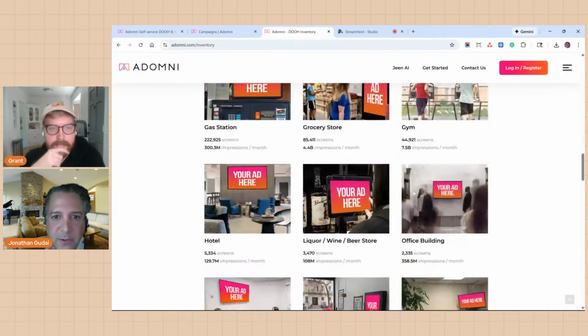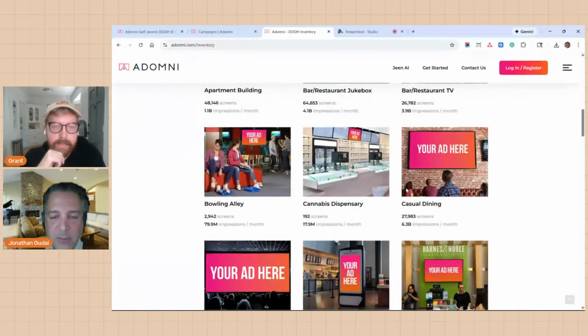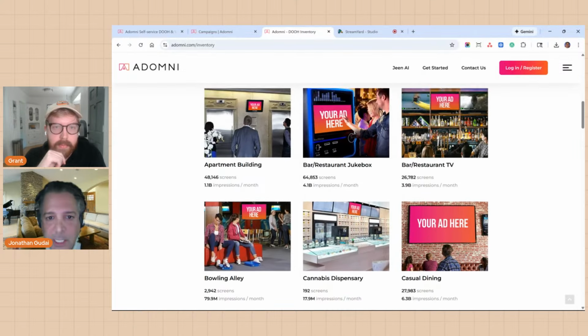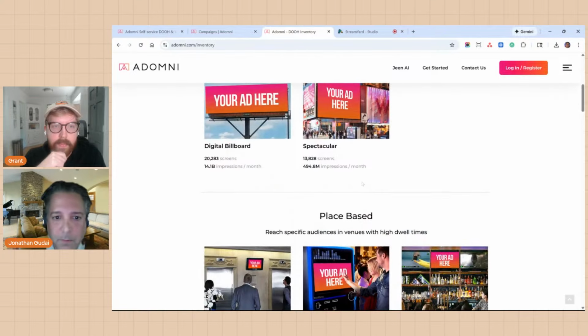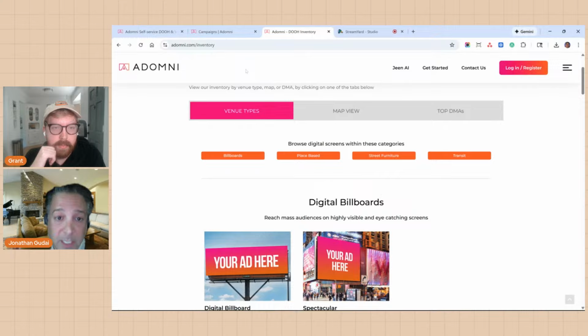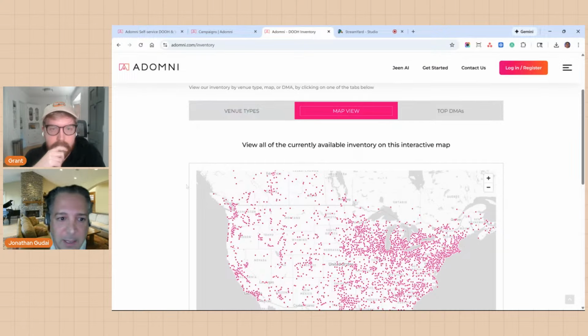So it's a very diverse set of inventory. And over the last 10 years, we built a technology that enables us to plug into the unsold space on these screens and enable digital marketers to plan and buy campaigns with no minimum spends, with precision and ease. And so that's what Adomni is, just to kind of get a little reference.